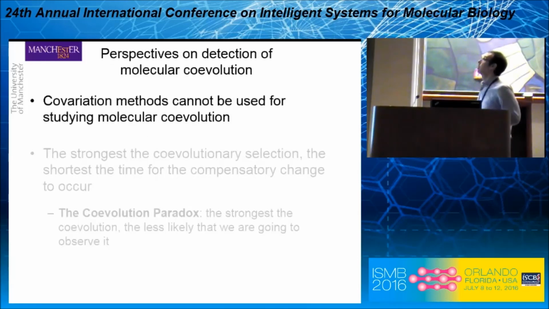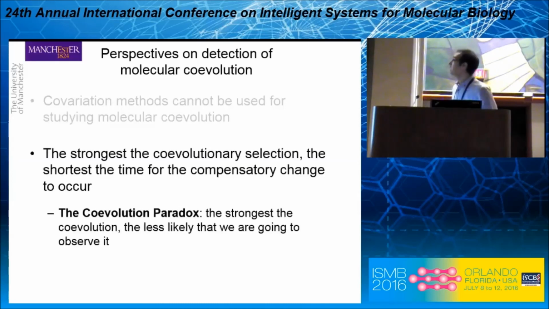Our findings also have implications for the study of molecular coevolution. The most obvious one is that covariation methods shouldn't be used for studying molecular coevolution because they cannot differentiate between evolutionary scenarios. But the most interesting one is derived from that drop in evolutionary rate. So we believe that this suggests that the stronger the coevolutionary selection, the shorter the time for the compensatory change to occur